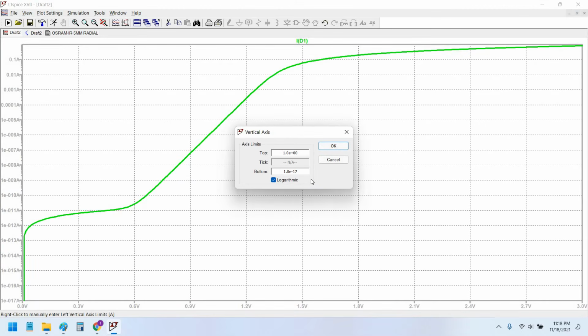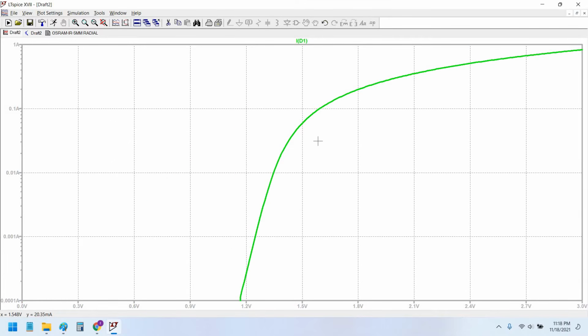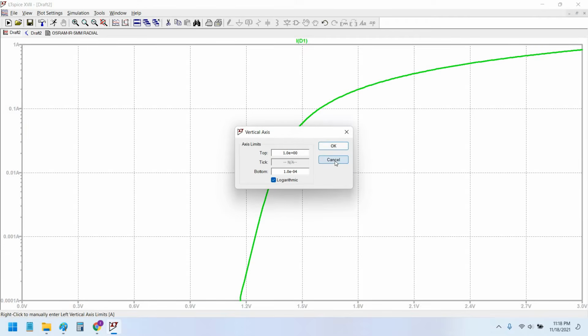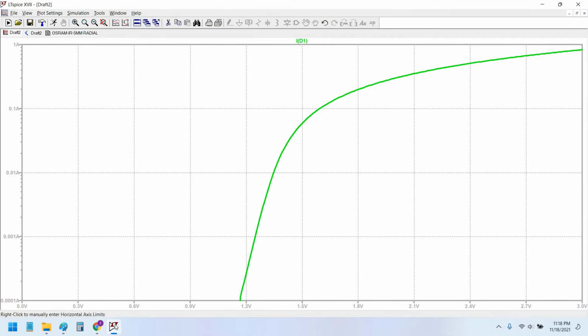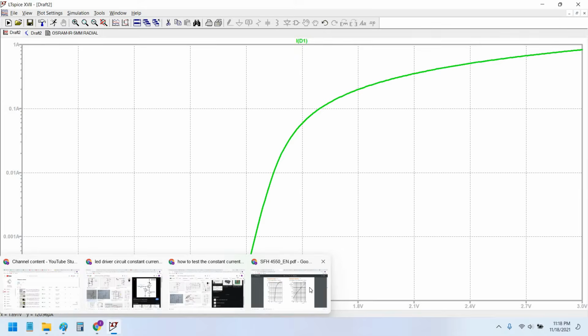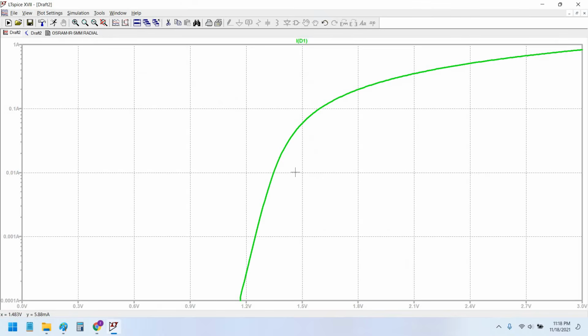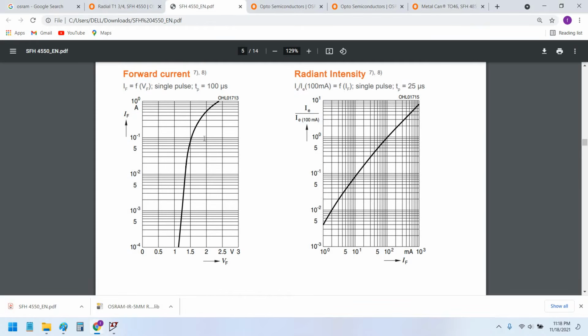Now again set this to minus 4. Okay, now as you can see, the curve perfectly resembles the curve in the data sheet,